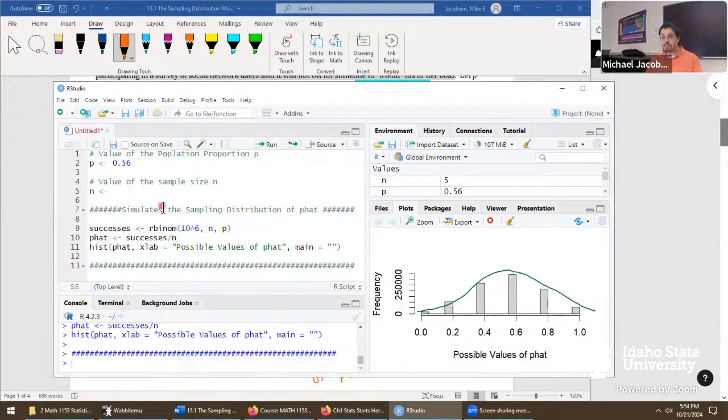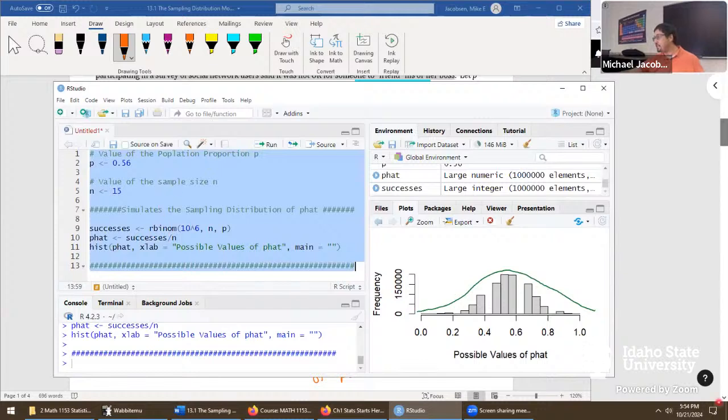So let's triple this to a sample size of 15 and see what the change is. A sample size of 15, would you say that's an improvement or regression? Is this more normal or less normal? I would agree with you. The shape is about the same, but there's less gaps, right? That's what we're trying to see. We want something that looks like a real histogram with no gaps that is unimodal and symmetric. Sample size 15 doesn't quite do it.